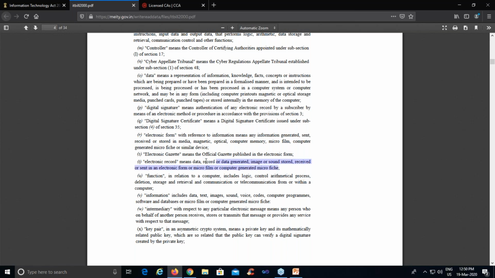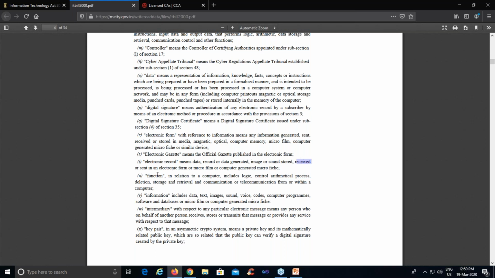So now let me know what is left, actually. They have defined everything. See, data generated from digital devices, images, whether you capture from your smartphones or any other devices or smartwatches, sound stored. I mean, you are storing your voice here.